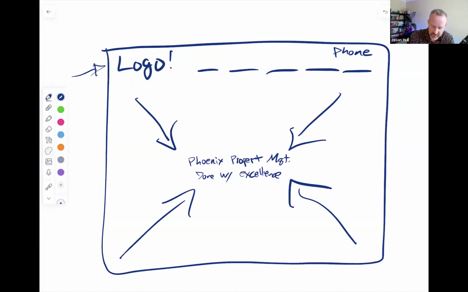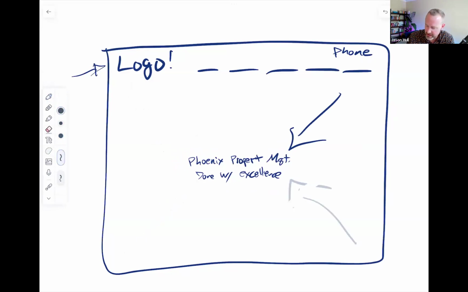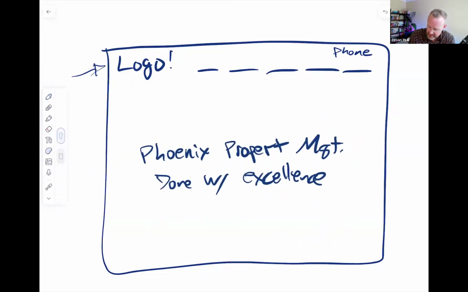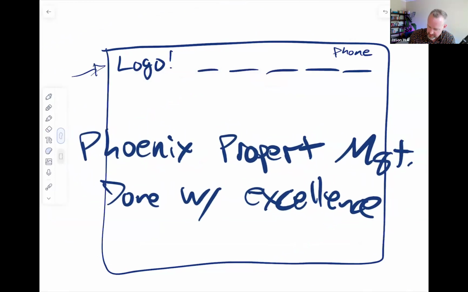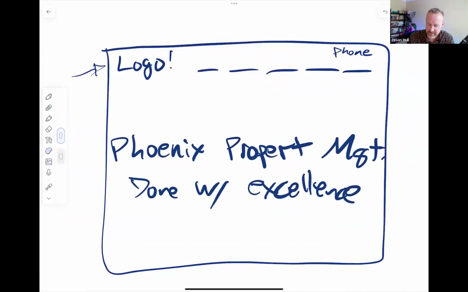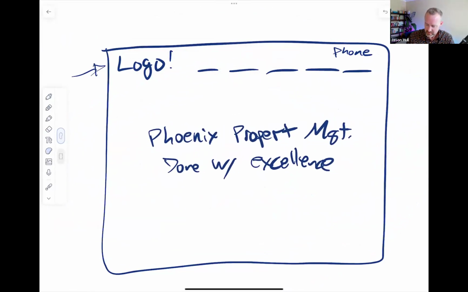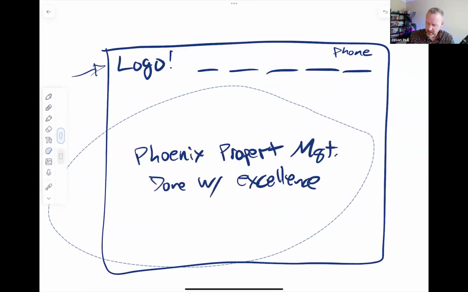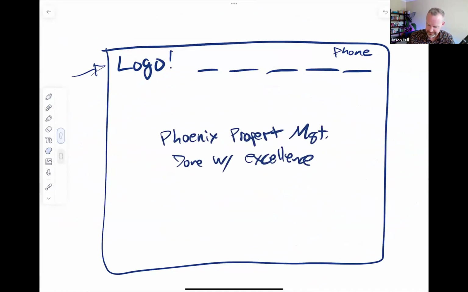And just to show you as an example, let me change my eraser to this. All right, let me show you this as an example. If we take this and make it really big, it doesn't feel or seem as important. It's just kind of hard to read. Maybe it's taking up so much space, right? And so in general,